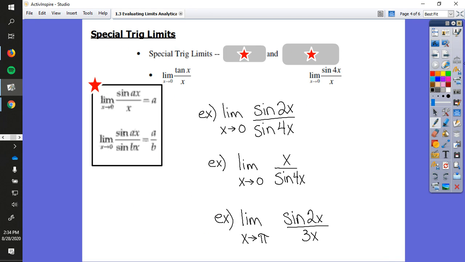Okay, that's where I'm going to go ahead and pause this video, and I'll pick up another one, and what we'll do is start looking at the special trig limits, but that'll at least get you going on the first part of this lesson when it comes to simplification and evaluation of limits